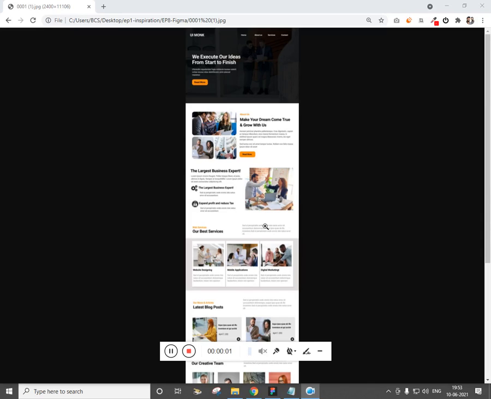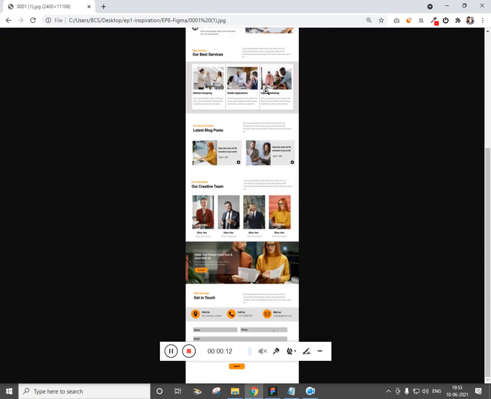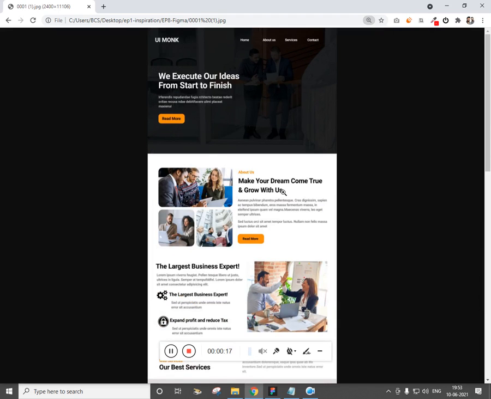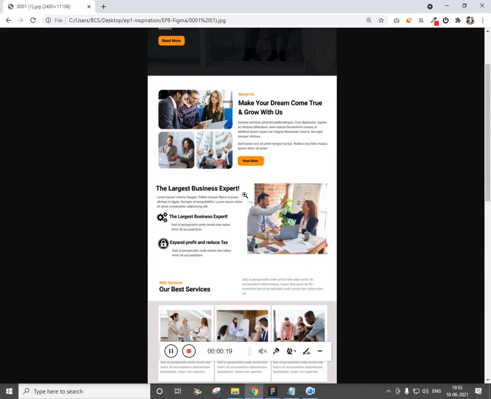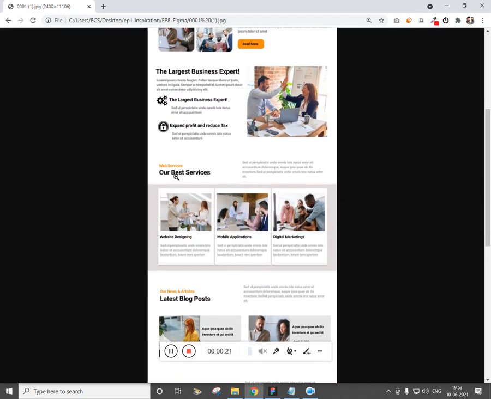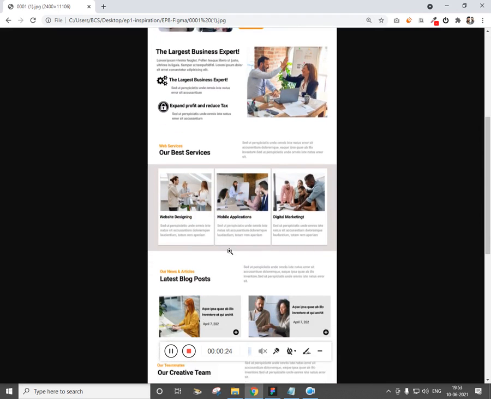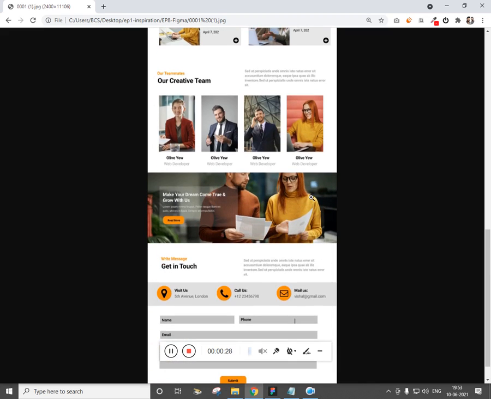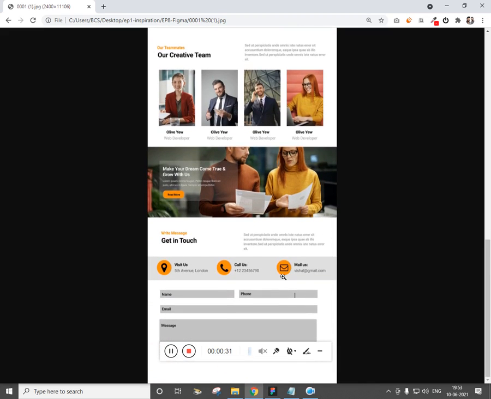Alright, in this video we are going to see how to create this mockup using Figma. As you can see, this is going to be episode number 8, so we are slightly moving forward to the advanced version. If I zoom in, we have the header section, and then the about us section, and then the other about us section, and then comes the service section, which is cards, and then we have our latest blog, and then our team section and a call to action button, and finally the address and the contact us form.